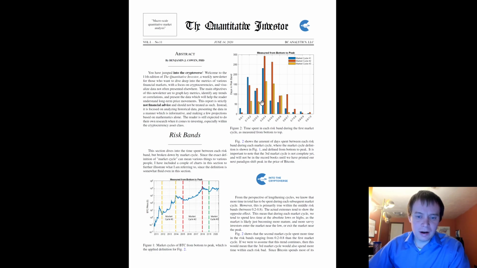We're still a couple months behind the last two market cycles in terms of days spent in this risk region. Now, that does not mean that we have to drop back to those price levels at current day. We know that the risk levels are dynamic, so it could be that we drop back to this risk region, but it could be a year from now, for all we know. It doesn't have to be tomorrow, but I always say you need to always be prepared for a drop back